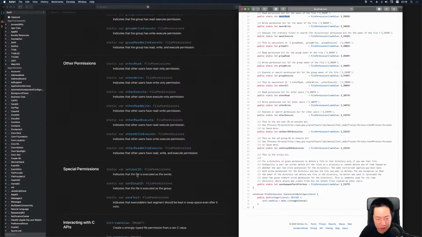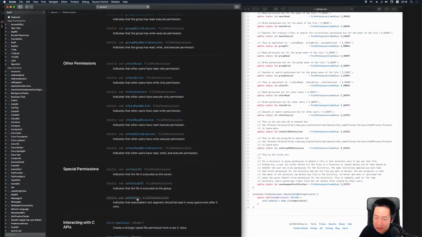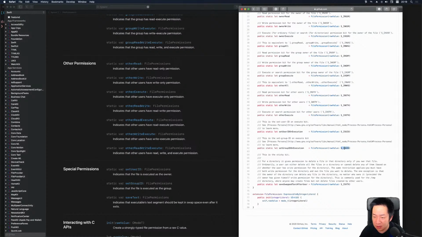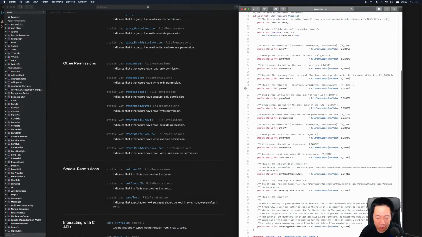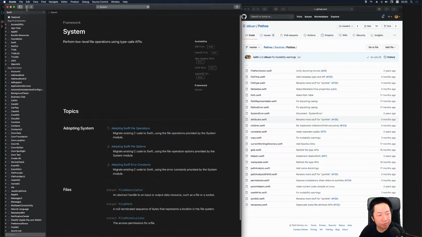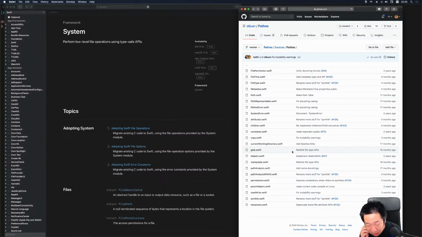And then there's special permissions for set user ID on execution, set group ID on execution. And I don't know what save text is, but I assume it's just another thing here. Oh, it's right here. Anyways, yeah. All right, so extremely similar, right? It's an option set. It represents the permission. Okay, interesting. Now, in Pathos, the focus is path manipulation, which means